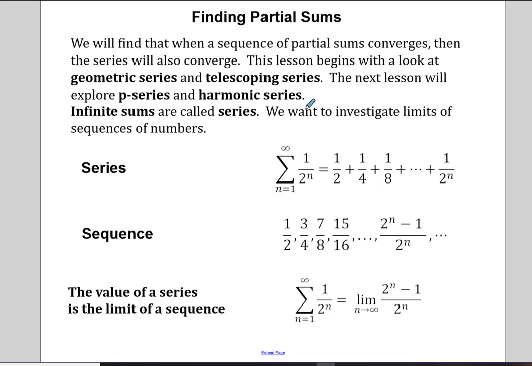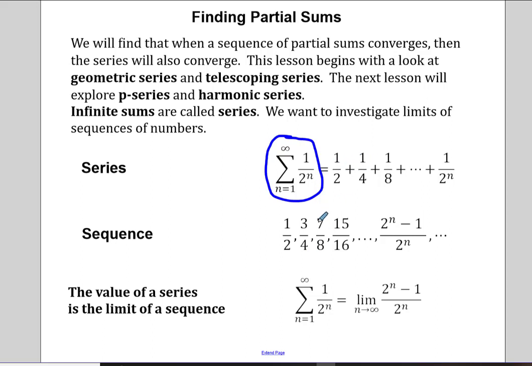An infinite sum is called a series. This is a series. And you can see that I'm substituting 1 for n, and then 2 for n, and 3 for n, and so on, and summing up the nth term where n is infinity. In the sequence, that is adding up 1/2 is s sub 1, and 3/4 is 1/2